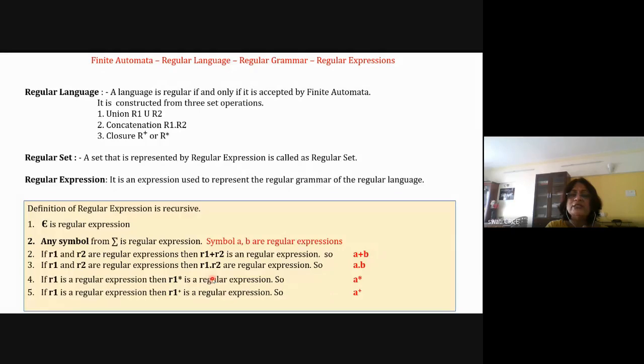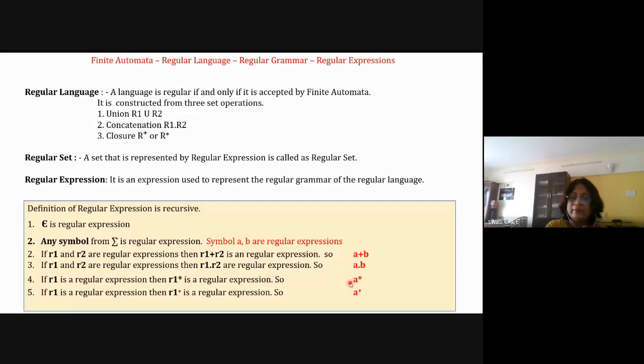Now we have the second regular expression as R1 dot R2, so the example is A dot B. So dot means intersection and it is compulsory. Dot means compulsory, means both are compulsory. Here plus means OR, dot means compulsory. So what I'm saying here, A dot B means both of them. The machine will start from the initial state, process A first, then B, and then it will go to the final state. So A and B both. So dot means and, plus means or. Okay, so you understood?